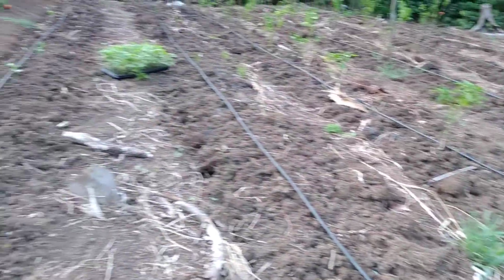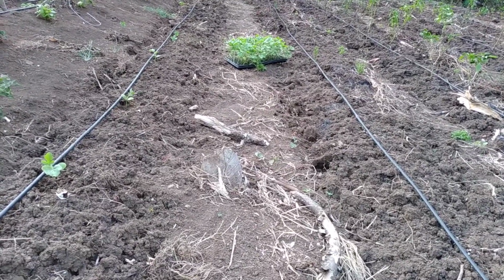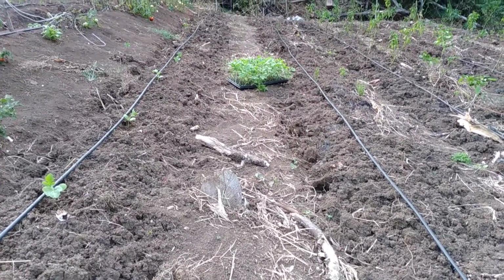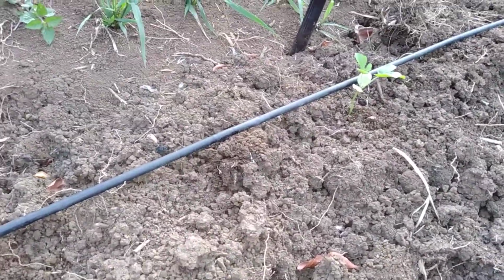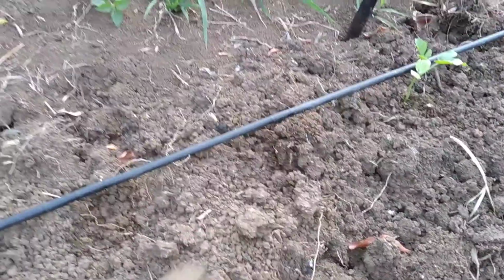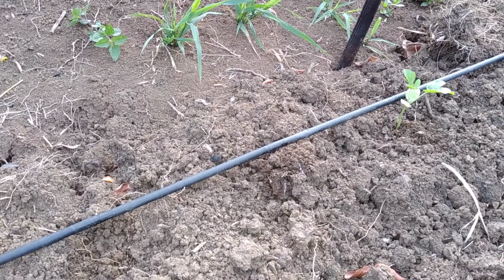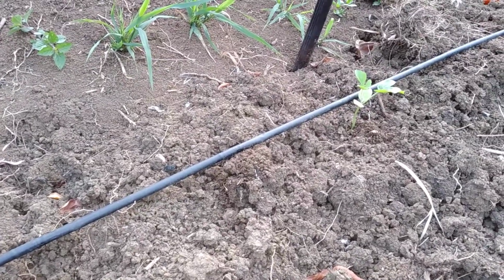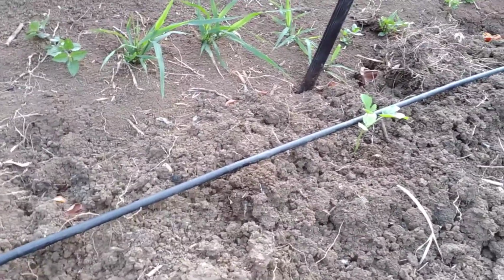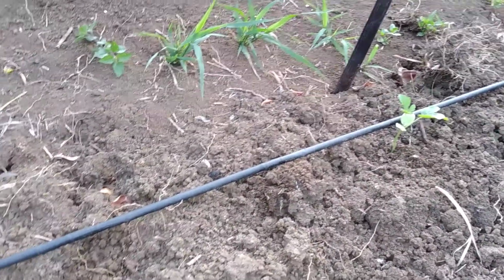So we have not readjusted the spacing for the hose or for the rows. The only thing we have done is prepared the soil. As you can see, we tilled the soil to try and get it a little more loose, because we have not been getting any rain. That has been a challenge, but it's not so bad. As a matter of fact, last year they were planted in heavier soil. The soil was more dense, harder than it is now. So the rows are 4 feet this year, not 5 feet apart. We are still keeping the 3 feet apart